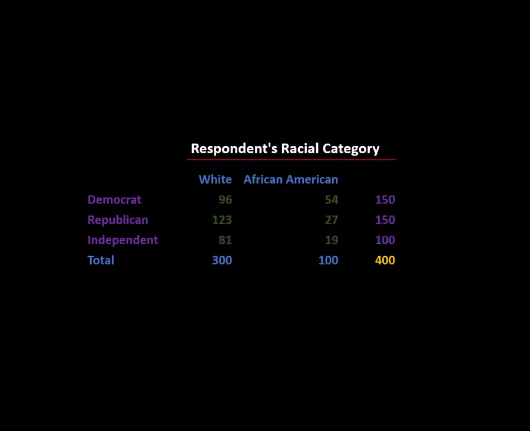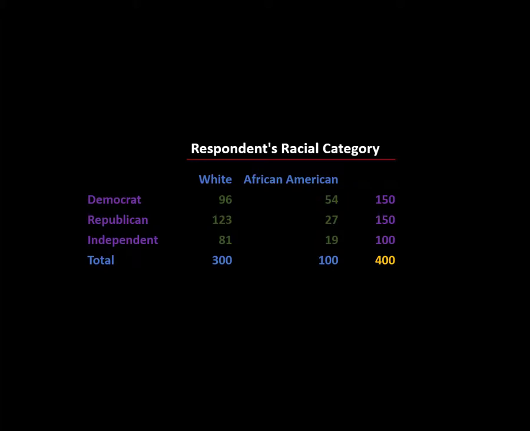So here again are our observed cell counts. The first thing you might notice is that 3/4 of our respondents are white and 1/4 are African American. Here's the thing. If 3/4 of all our respondents are white, then we would expect, if there was no relationship between race and political party affiliation, that 3/4 of our Democrats would be white, that 3/4 of our Republicans would be white, and that 3/4 of our independents would be white,